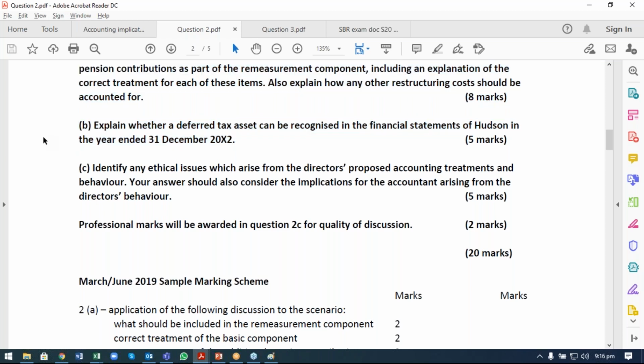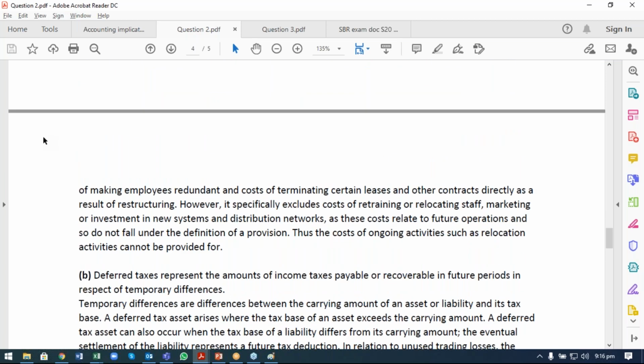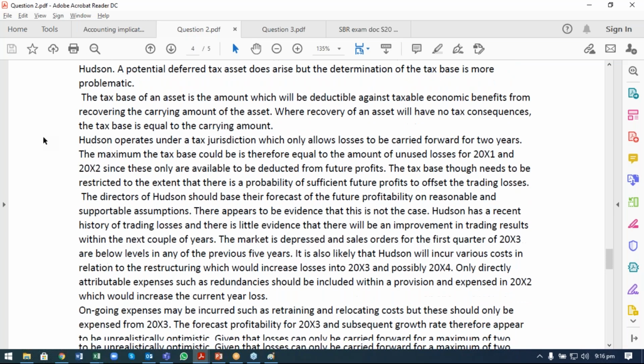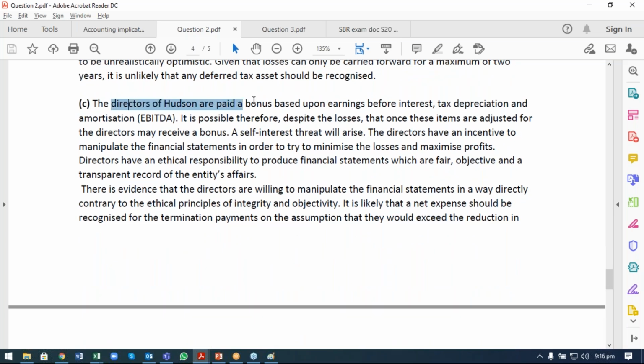So these two requirements actually give you an idea how you're going to answer it. So we'll be looking into how we answer. The directors of Hudson are paid a bonus based upon earnings before interest, tax, depreciation, and amortization. It is possible therefore, despite the losses, that once these items are adjusted for, the directors may receive a bonus,